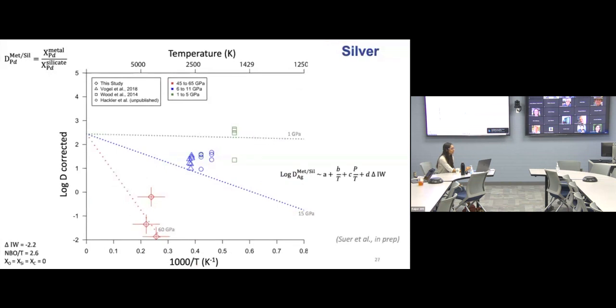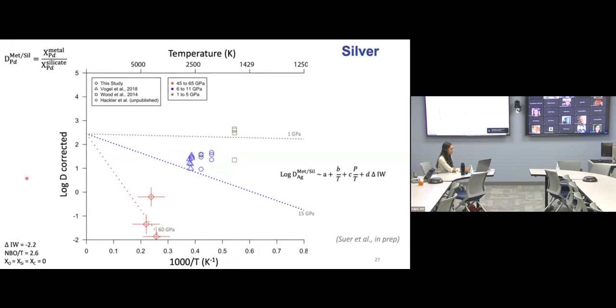And this is the data set for silver. So same format as before, log partition coefficients on the y-axis and temperatures on the x-axis. The data sets that are relevant to planetesimal formation are the blue and the green points, and the data that we collected are the red points. And we fitted this together to a nice functional form, and we can calculate how the partition coefficient evolves over different pressure temperature conditions. And again, it is apparent that silver becomes less iron loving at the conditions relevant to